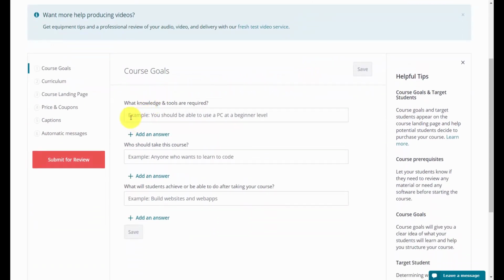And one of the first things you're going to be asked is what knowledge or tools are going to be required. And what you want to think about here is whether or not there's going to be some kind of level of knowledge that your students are going to need to have in order to take your course. Typically, if you're going to be creating a beginner course, they aren't going to have prior knowledge of what you're going to be teaching them. However, if they're going to need some kind of specialized technology, this is where you want to tell them that